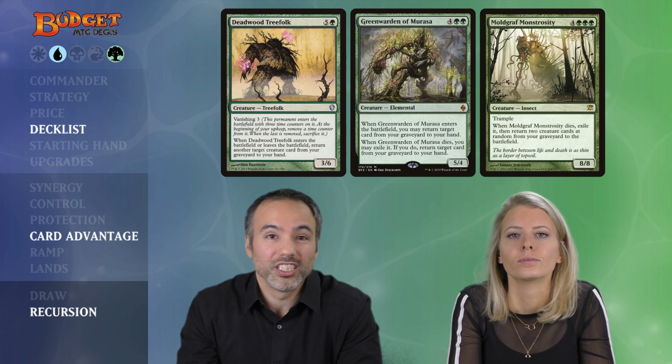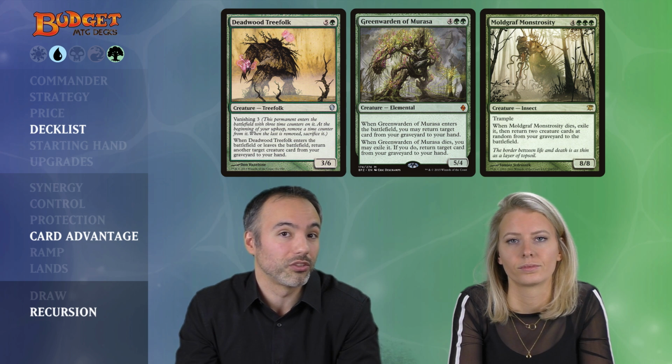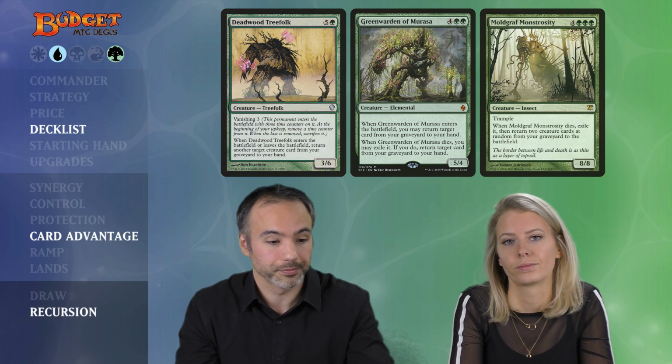And Moldgrove Monstrosity, this one doesn't trigger when it comes in, so we actually have to sack it first, but then we do get 2 things straight onto the battlefield, so they don't go first to our hand, which is pretty nice. And then we have the last of the card advantage cards in the recursion, that is Mnemonic Wall